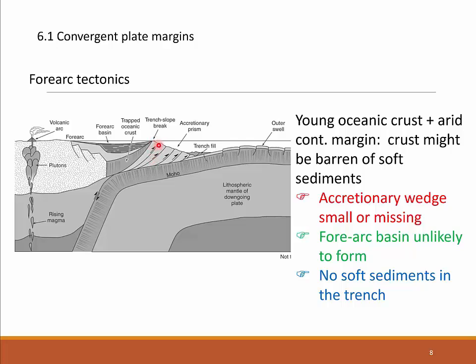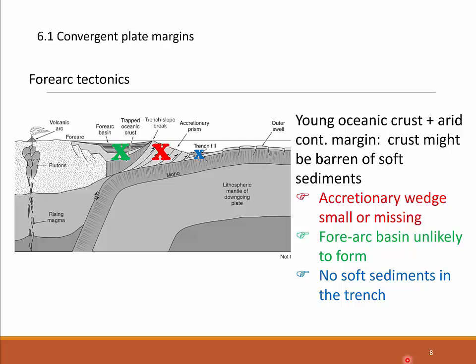Also, if there is no prism, we will not find these turbiditic sediments that form the trench fill. So, accordingly, if we subduct young oceanic crust, particularly when the continental margin is in arid climate zones, we will not find many sediments forming in this area. The crust itself might be barren or might show only very thin oceanic sediments, and then the accretionary prism will be small or will be missing, the forearc basin will not form, and there will be no soft sediments in